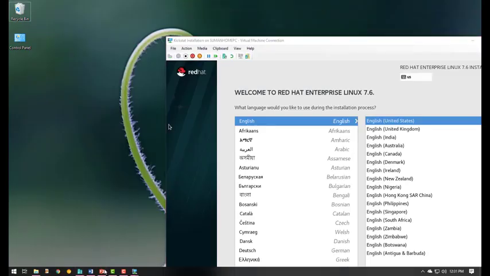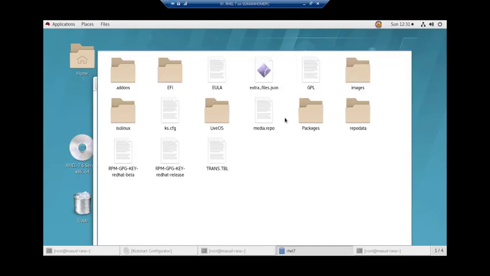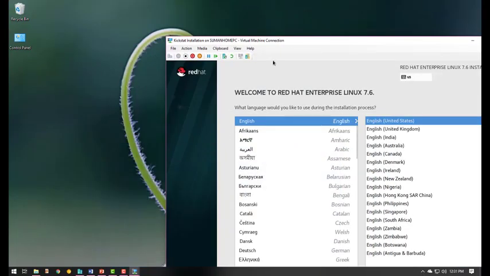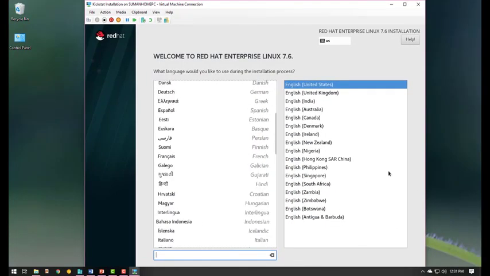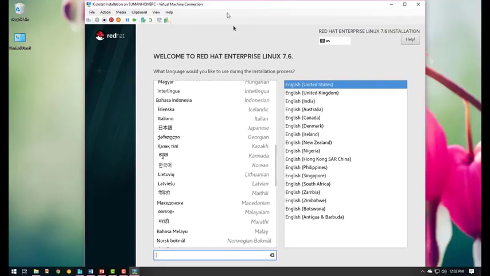Let me check another thing, whether the Kickstart configuration file is here or not. RHL7, yeah, it is here. If everything is not present here, then it will not start. So thank you, it will install automatically.